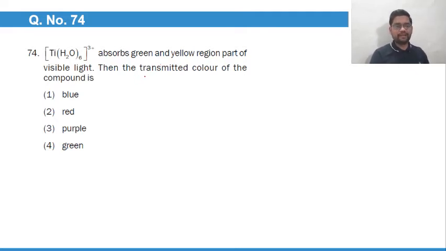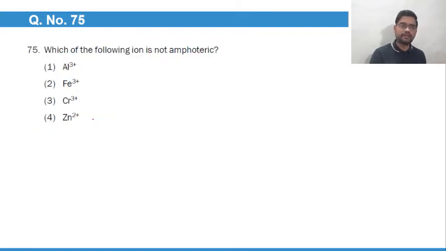So basically it is based upon what we call complementary colors. You should be knowing this; mostly it's a memory-based question. So for question number 74, I'll go with option number 3, which is a complementary color when green and yellow is absorbed. Okay. 75. Which of the following is not amphoteric? I'll go with option number 2, that is Fe3+, because